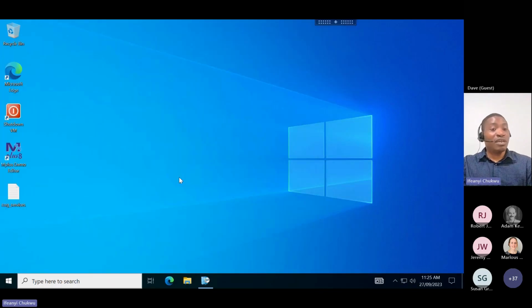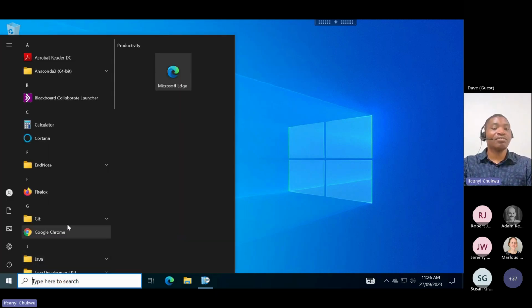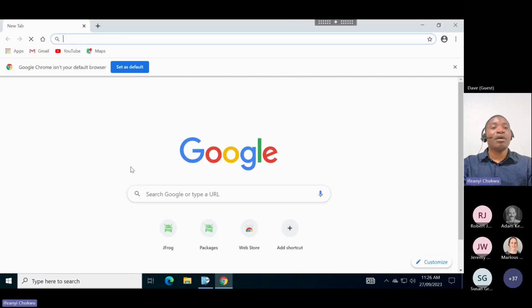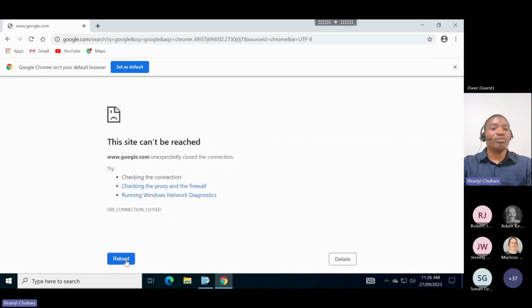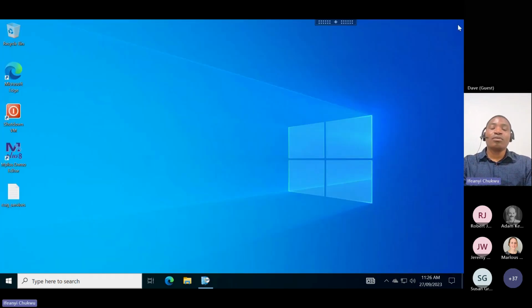So this is a standard Windows 10 machine, and just a few things about this device. Just like Adam mentioned in the beginning, it doesn't have internet access at all. So for example, if you want to type anything or access the internet here, you cannot really access the internet because it is air gapped and controlled,